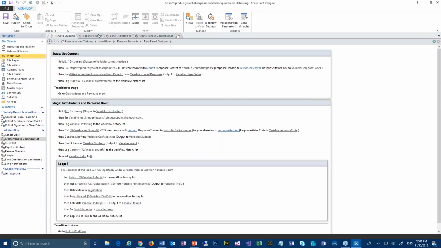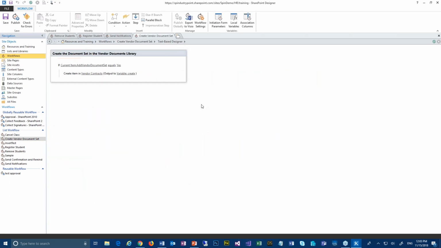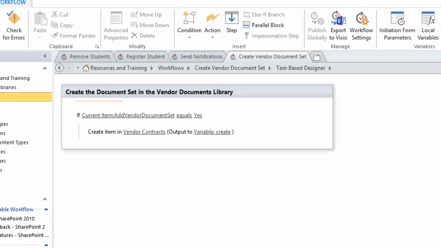So I'm going to look at each one of those that we did. So the first one we saw was the create vendor documents. I'm just going to zoom in on that. Okay. There are 2 lines inside of here. 2 lines. My power users can handle this. Okay, they would go through. Someone would train them on the finer arts of using workflow, and they could come through and make this with no problem. I have an if statement in here that says, hey, if the checkbox is equal to yes, then